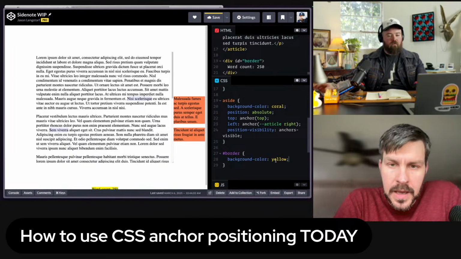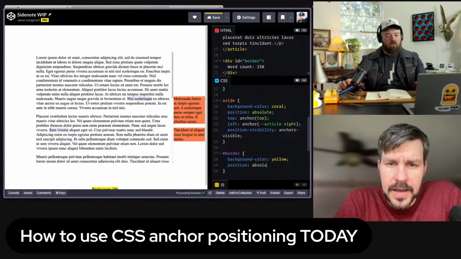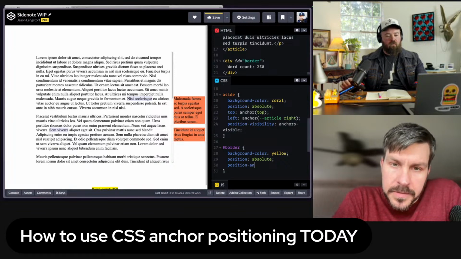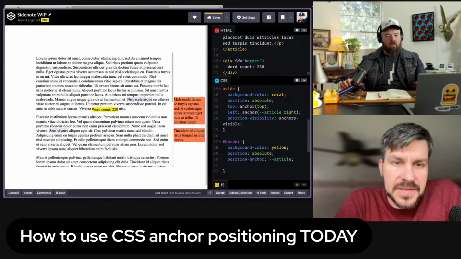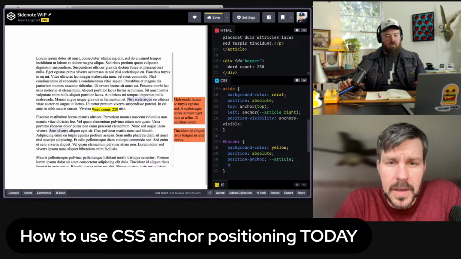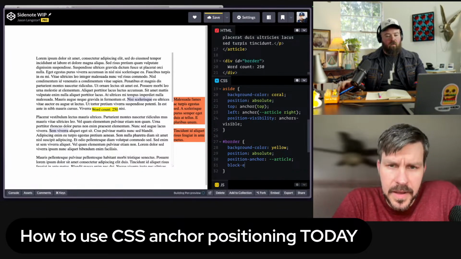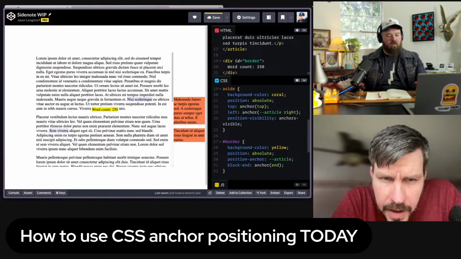So if we give it a position absolute, then position anchor article, right now it's pulled out of flow and in the center there. So if we do position area bottom, or block end, yeah, block end, and then I can do like anchor end, right? Yeah, I think anchor end